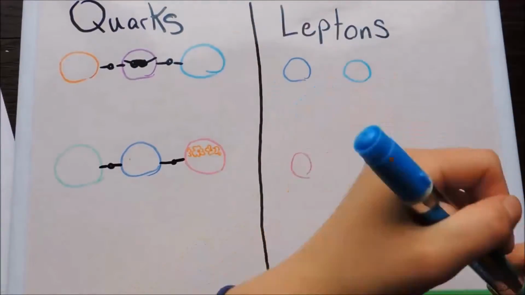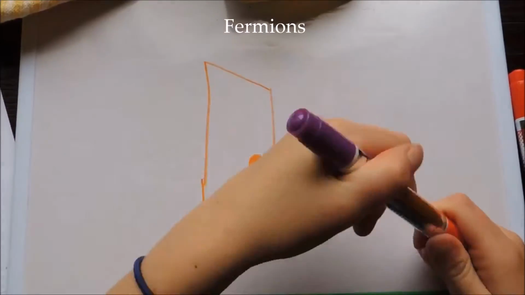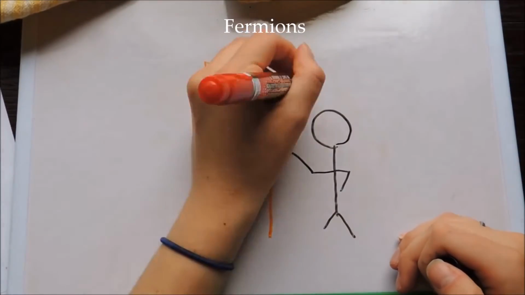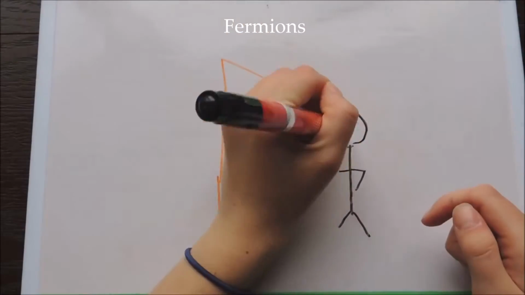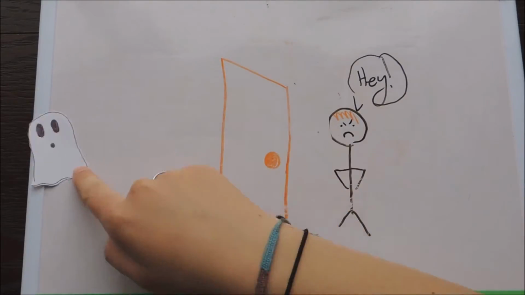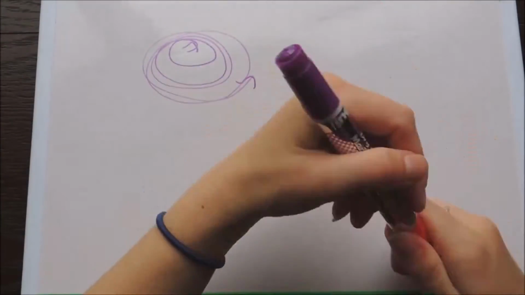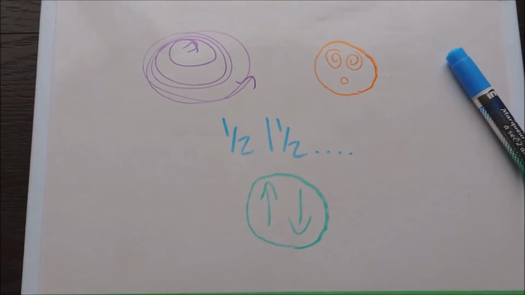These elementary particles do not appear to be made up of smaller units of matter. Quarks and leptons are specified as fermions that follow the Pauli exclusion principle, which means that they cannot occupy the same place at the same time. People cannot walk through doors unless the door is open. The Pauli exclusion principle also states that fermions have a spin quantum number, which is always a fraction, like 1/2,